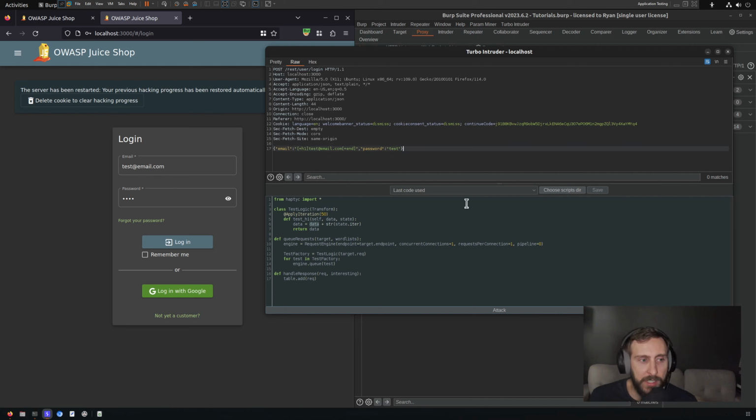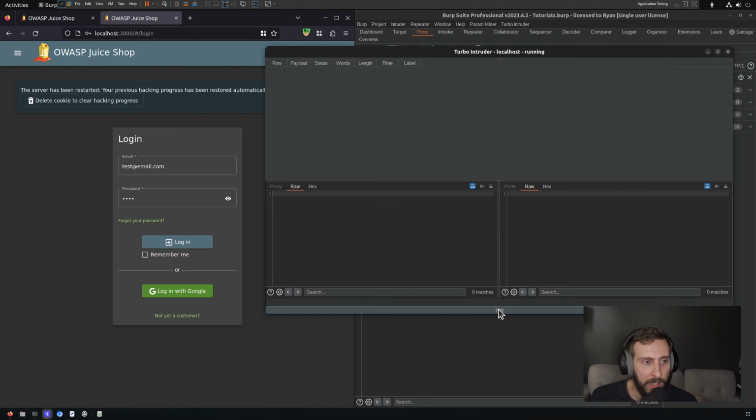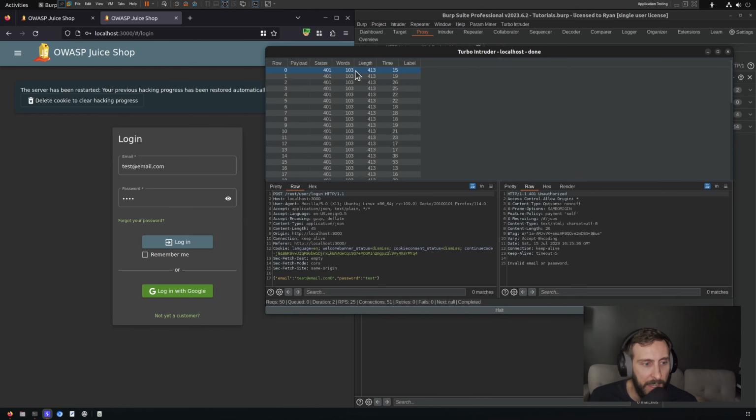And so what we should see in our attack is it should be taking this data that we have in here, which is just this basic email address, and adding a number to it that denotes which iteration we are going through. So when I click attack, that's exactly what we should see. And if I scroll through the results here, it is what we see here. You can see that we have our payload here, which consists of that email address with a number appended to it. And of course, this isn't a very interesting attack,